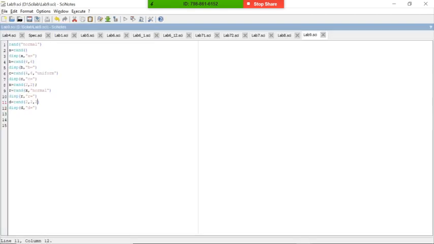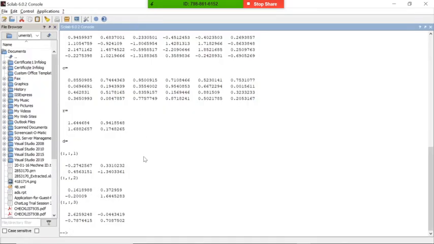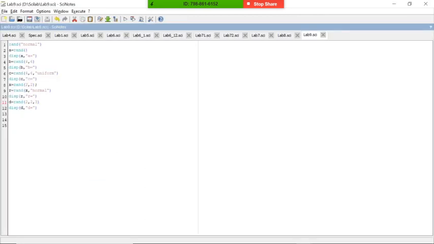If we make it 3, you can check out the values, 3 matrices generated using a 2 into 2 matrix, right?